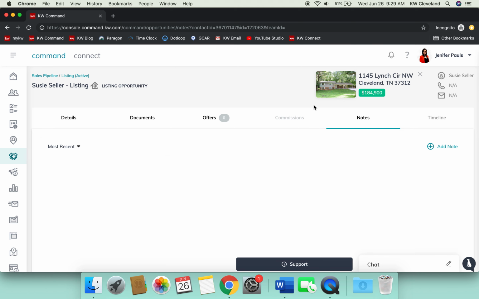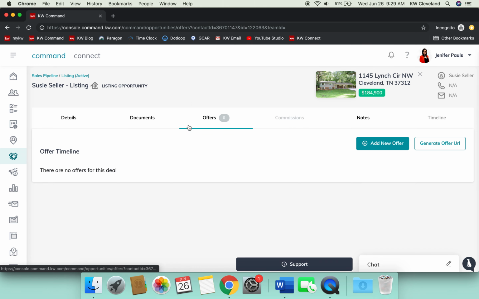This commissions tab that's grayed out is actually going to be, when green sheets go away, you're going to be able to just use the information that you've got already entered in here and submit it to the MCA in place of a green sheet. You'll also be able to manage offers in here, so we won't get into that today, but you'll be able to actually